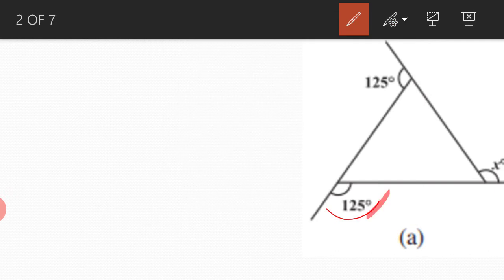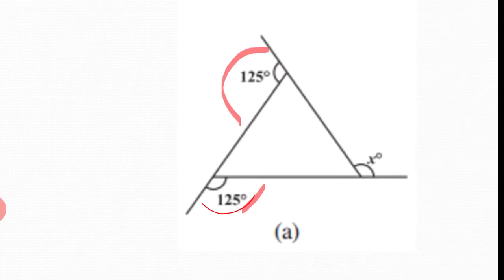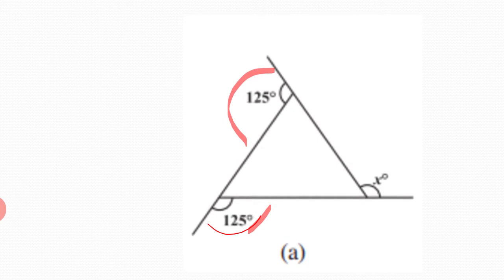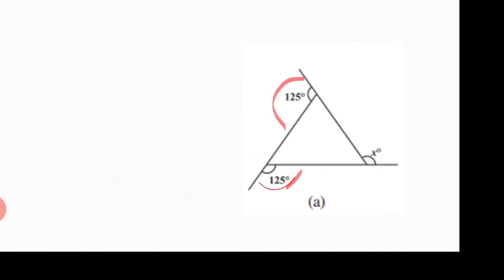Measure of exterior angle is 125, this angle is also 125, and the third one which is unknown to us, that is x, and we have to find out the value of this x. Now no internal angles are given for a triangle, so what is left with us then? Using exterior angle property. And what is exterior angle property of a polygon? Sum of all exterior angles is 360 degree. So can we use that property, because two angles out of three are known to us and one is unknown to us. So we can find out the measure of angle x by using exterior angle property.